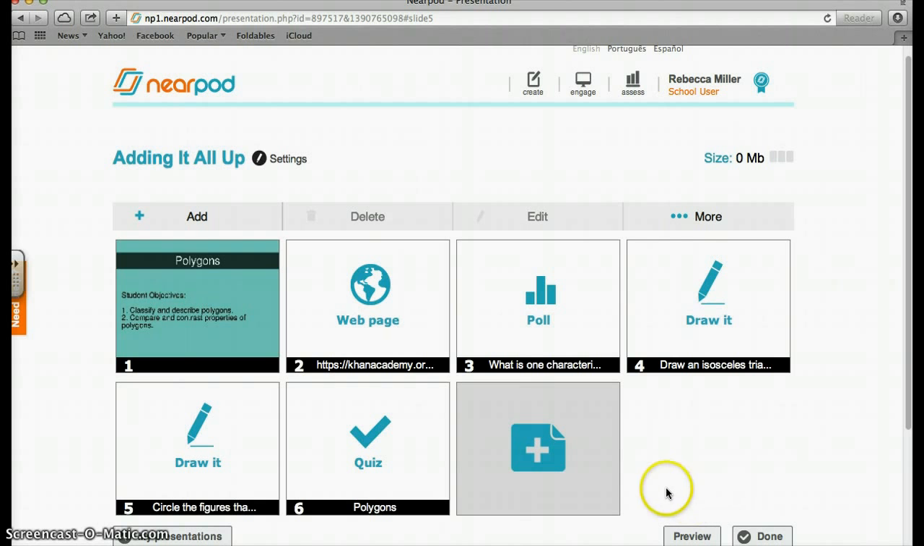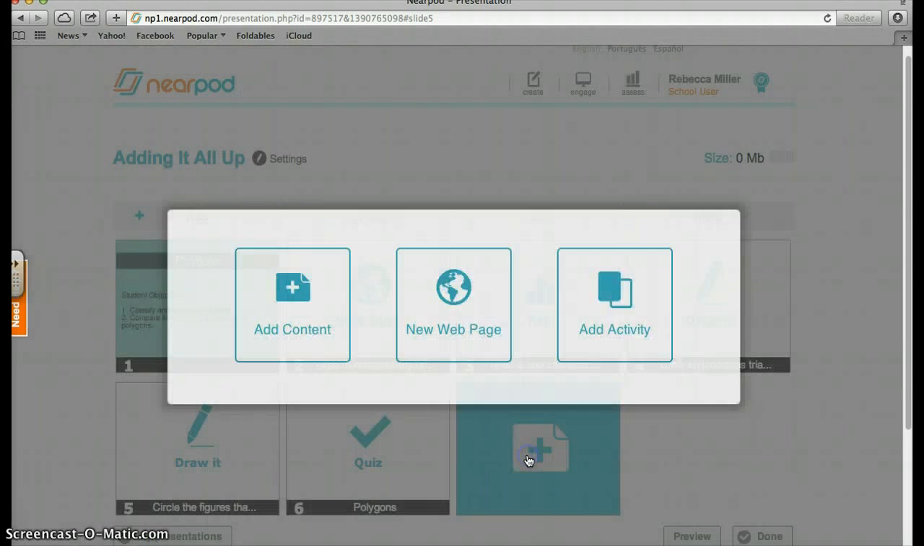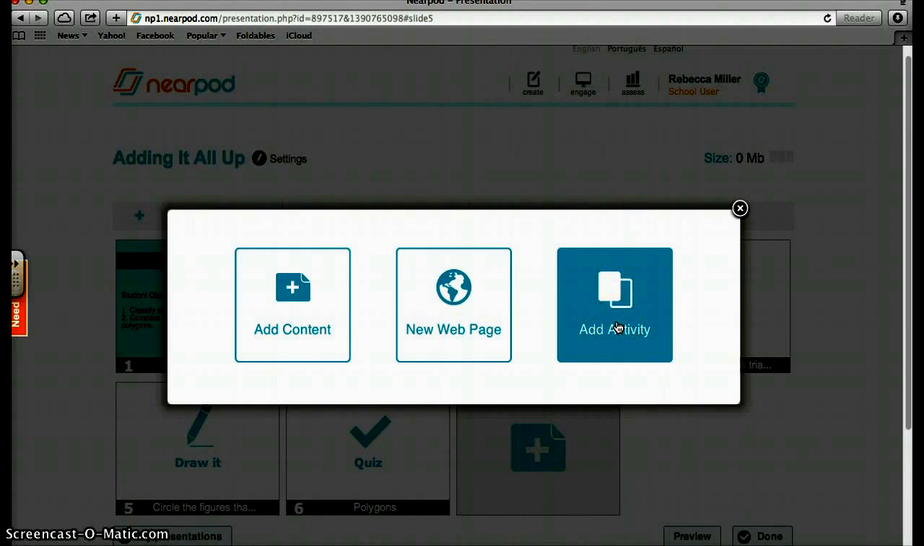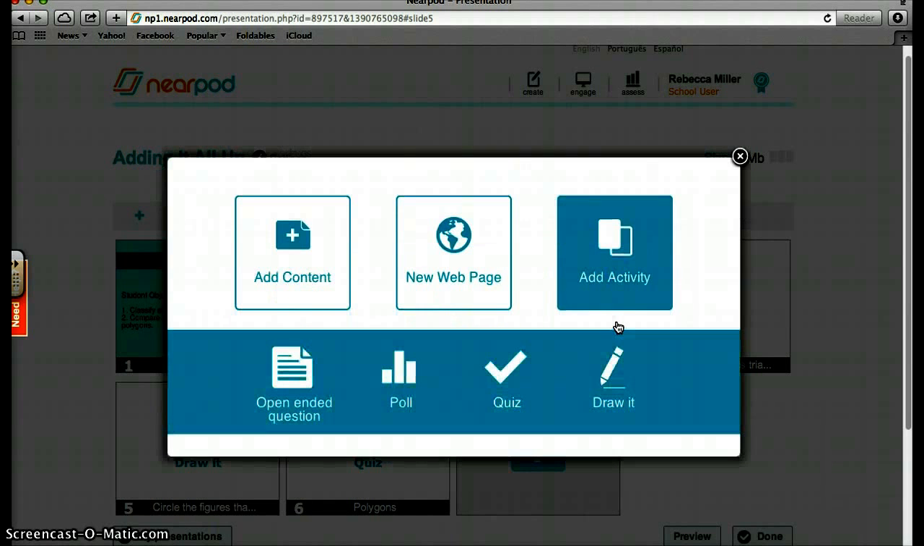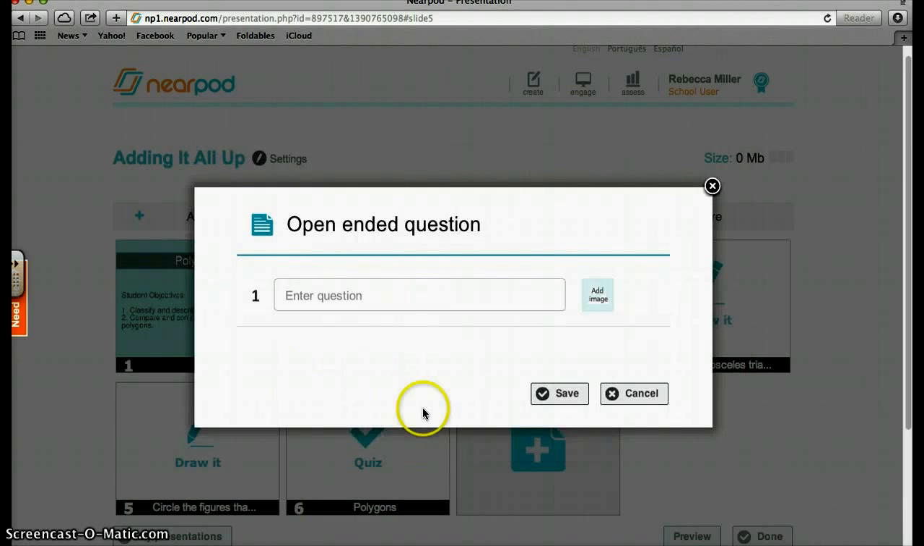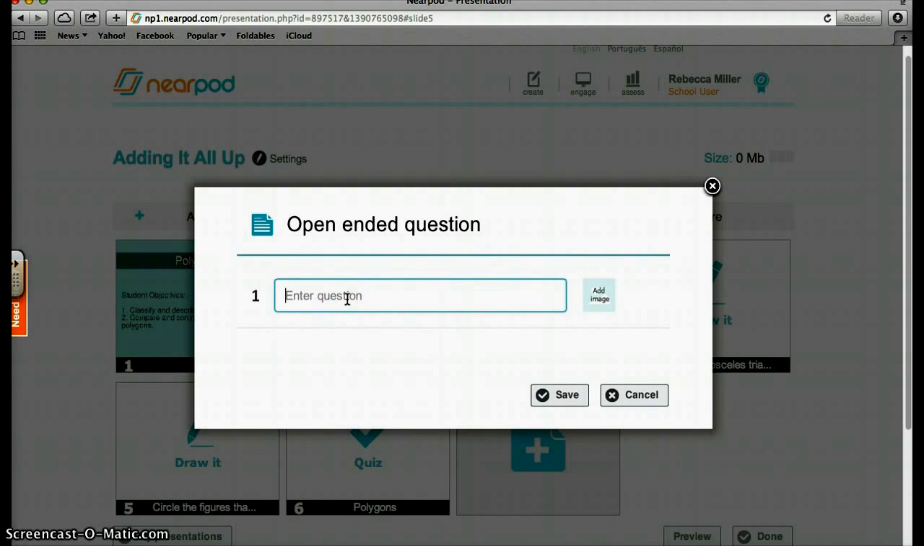As always, when adding a new slide, we are going to click on the Add icon, and then we're going to add an activity. The activity we're going to add, as I mentioned, is the open-ended question. This is pretty simple in terms of setting it up, but there's a lot that you can do with the open-ended question. If you are going to implement an image, as we mentioned earlier, you can click on the Add